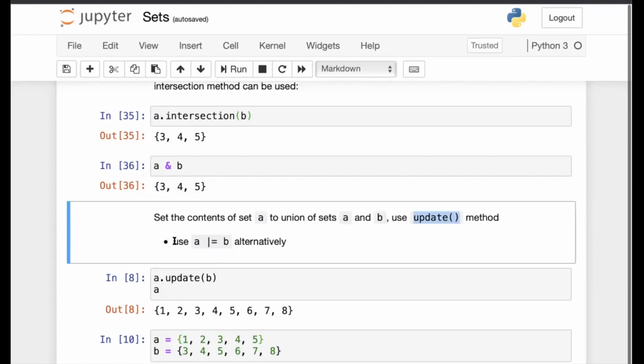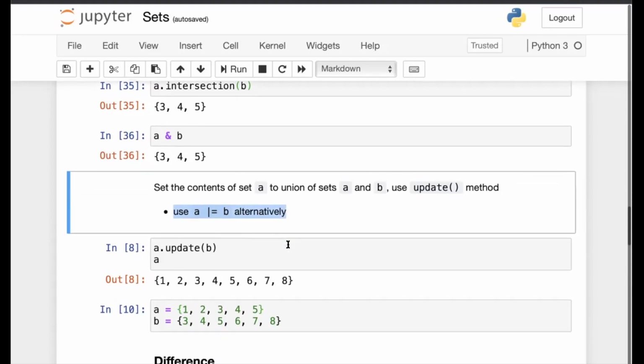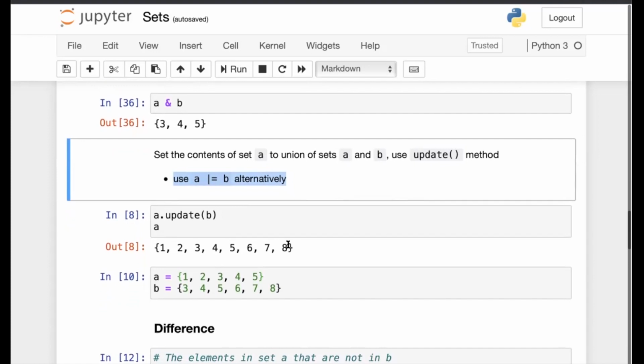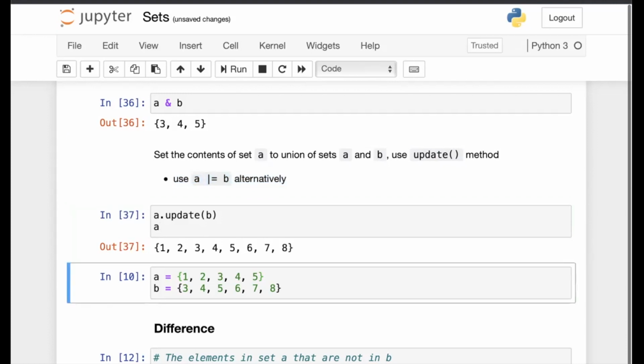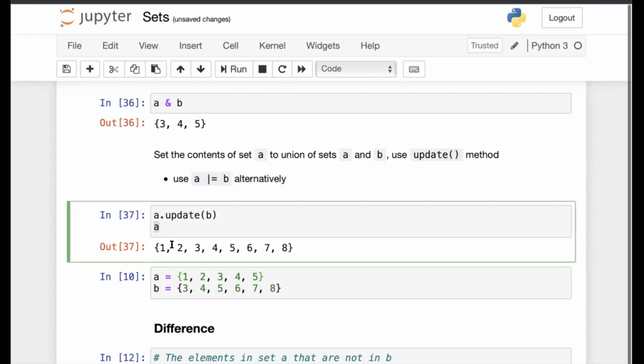Or you can use this nomenclature as well: A equal to A pipe B, or A pipe equal B. This can be the alternative way to perform the union and update the result in the variable A. So A dot update B updates A. When we print A, the set A is printed. Now, as you can see, it contains all the elements which are present in either set A or set B.